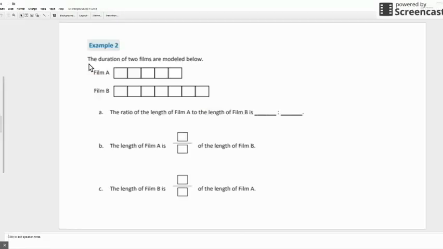So let's go look at example 2. It says the duration of two films are modeled below. So we have film A and film B. First thing we should do is look at how many boxes. Film A right here, we're going to associate red with film A. There's one,